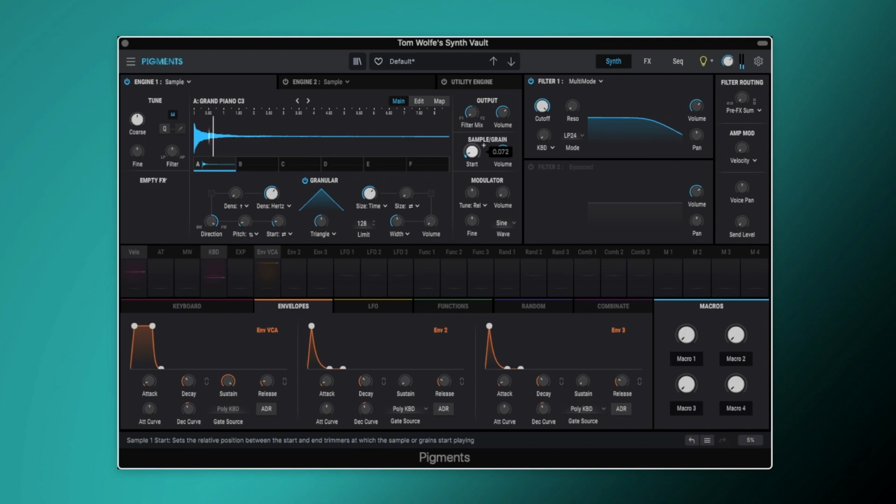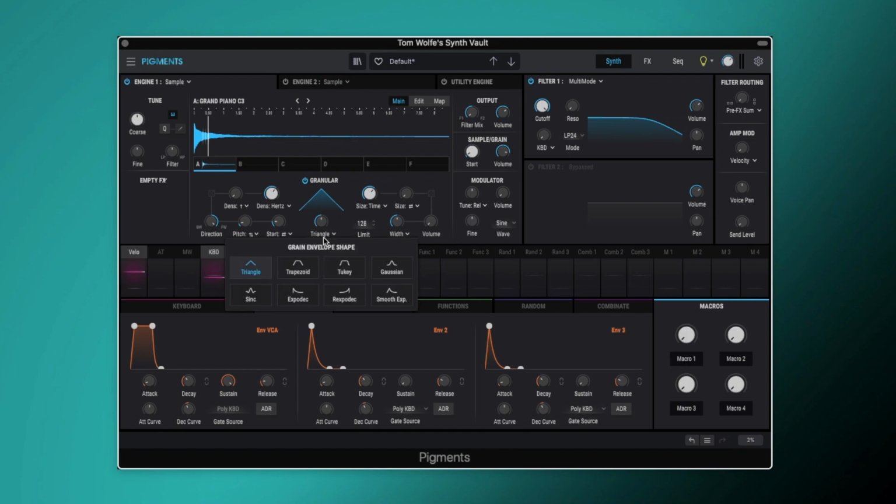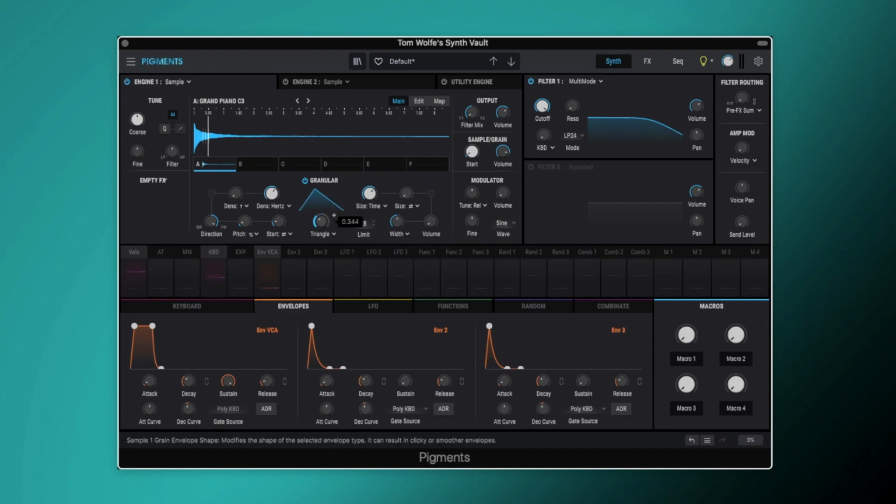Okay. So we can then select the shape of the grain. So you'll see we've got a triangle here. So we can select this menu and we can actually change the shape of the grains, and you can see it changing here. So this is actually going to change the characteristics of the sound. So we can also move the middle point either side here. So if I hold down a key,